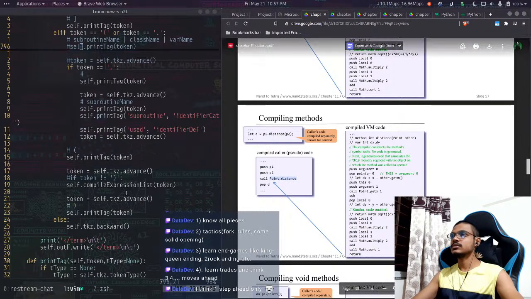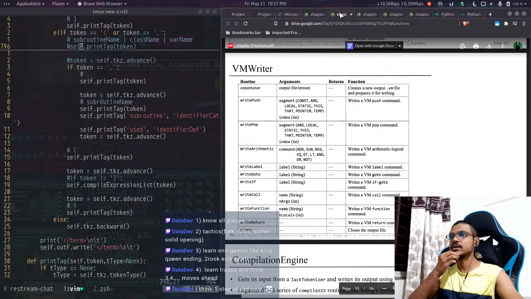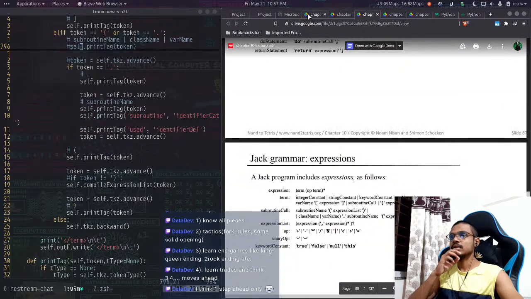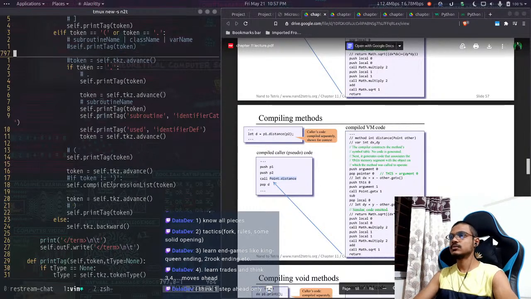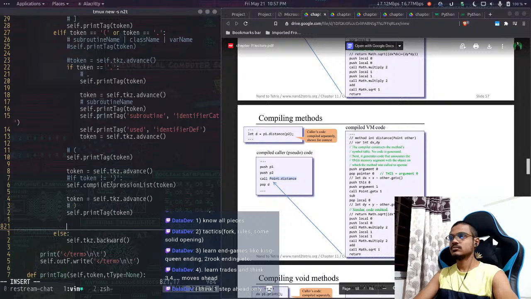Okay, this is nice. Okay, code will be similar, right? So we can directly do what? So after this compile expression, we can write